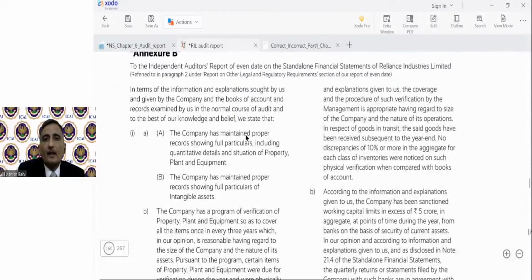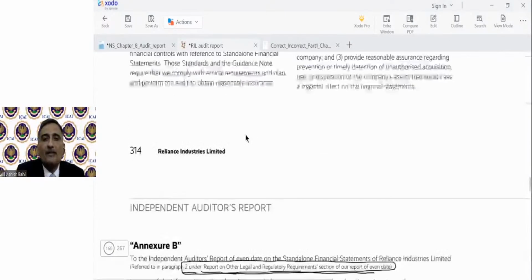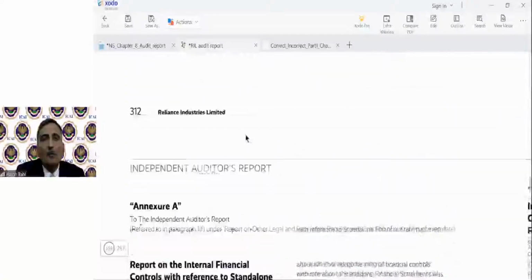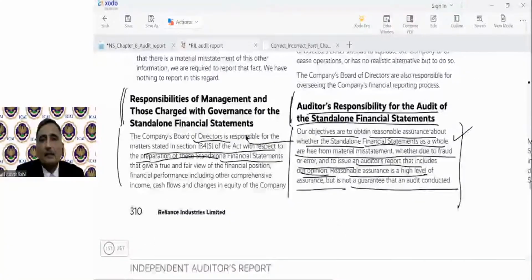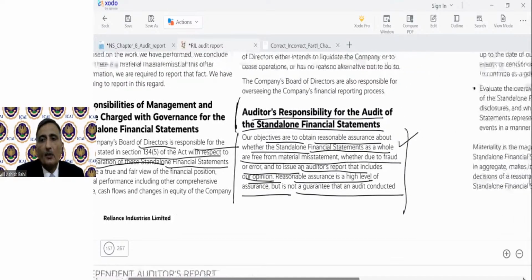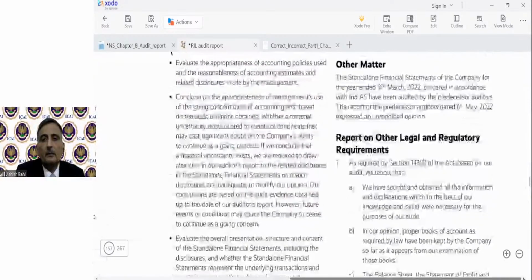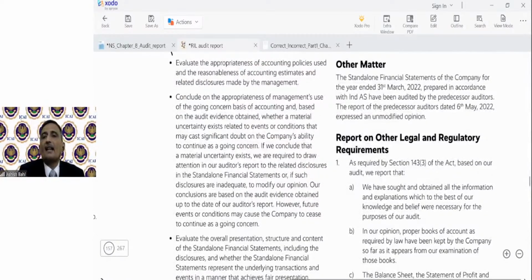So this is like a separate heading, and to which are the points which are there in CARO 2020. Report on other legal and regulatory requirements section of our report. So there would be a separate heading in this report, a report on other legal and regulatory requirements. It would be on this side because the page is wide enough. I'll try to show you. Look, this report on other legal and